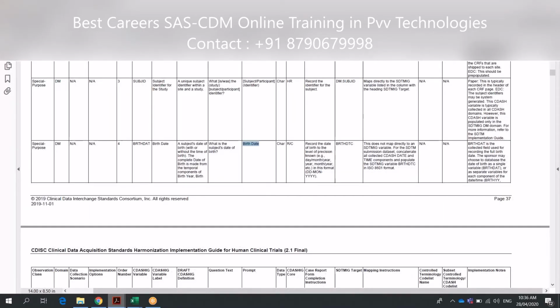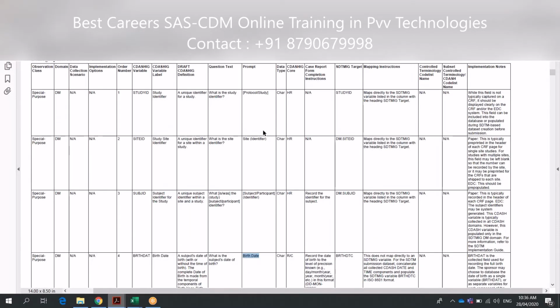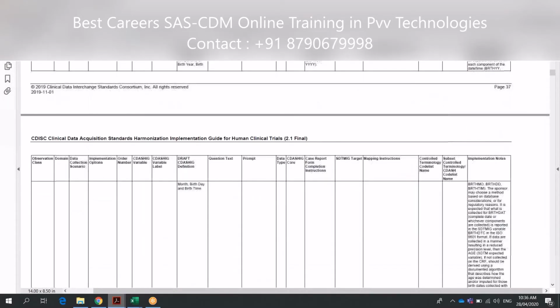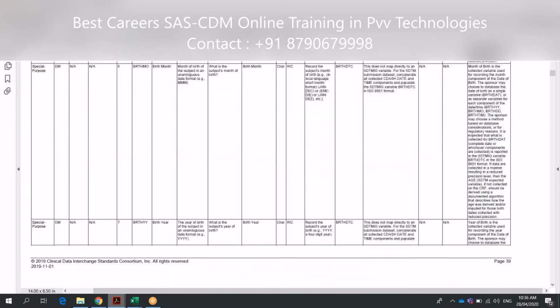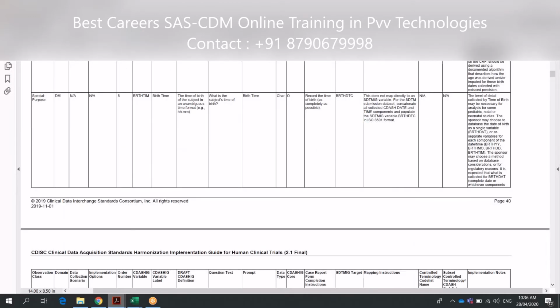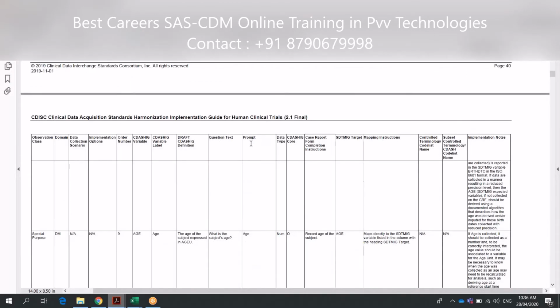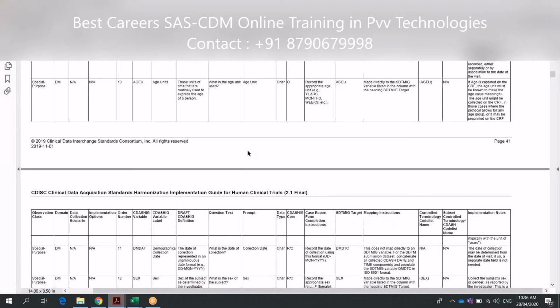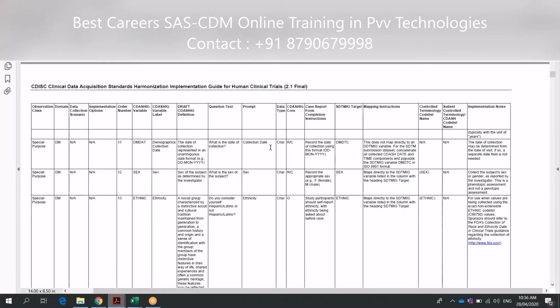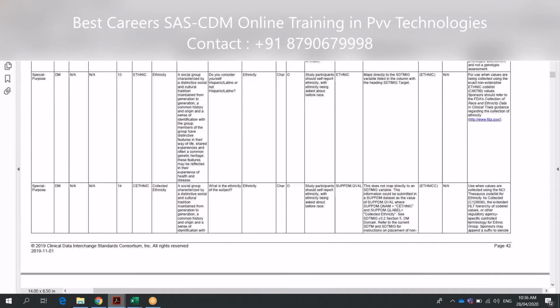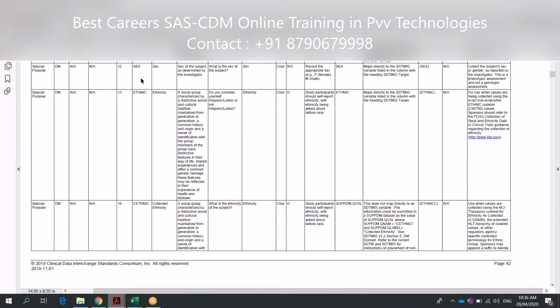But just for you to learn, I had given this prompt so that sometimes when you think, what do I put on the field name, CDISC gives you the prompt. That's why I asked you to do this task, so you don't have to think about what to put on the field name. CDISC gives you, like, collection date, ethnicity, and if you see the difference here, this is something very important for you. This is the variable name. Variable names are always in caps.